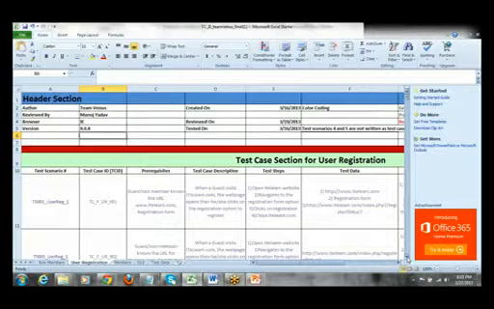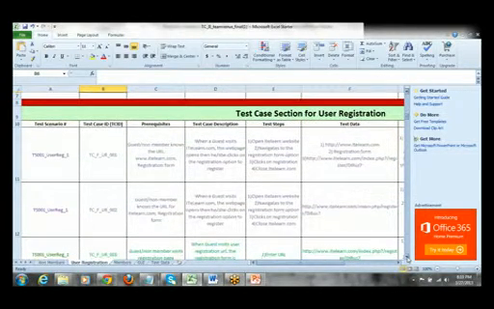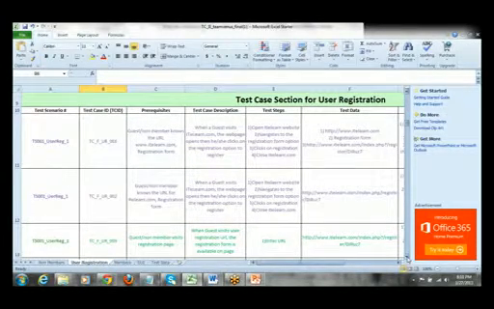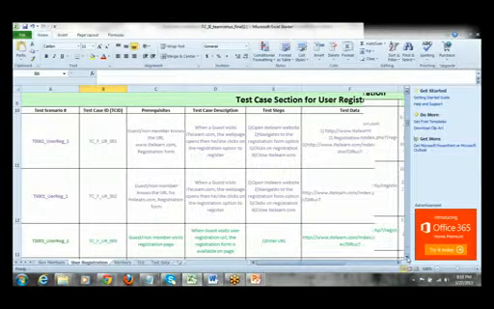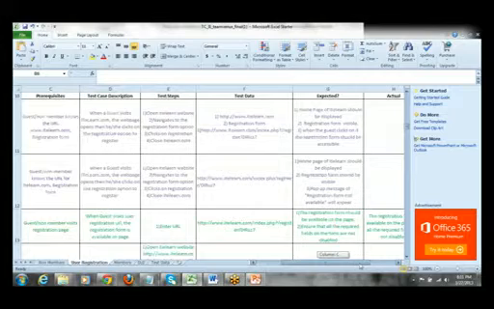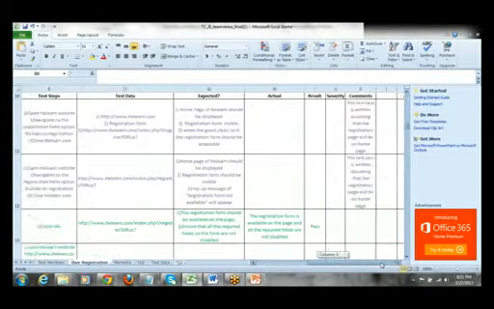So for the user registration module, we have created about 36 test cases, out of which we have executed 29 test cases, and the remaining 7 are out of scope or not relevant. This is the naming template we followed for the test cases: the test scenario number, the test case ID, prerequisites, test case description, test steps, test data, expected, actual,